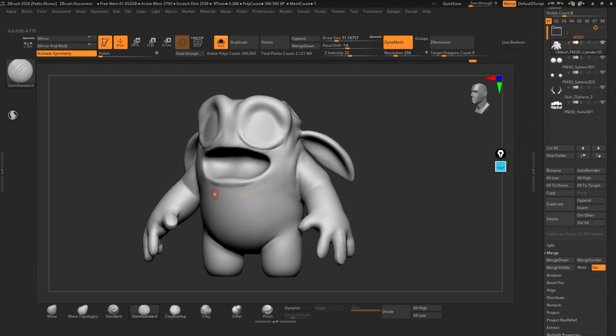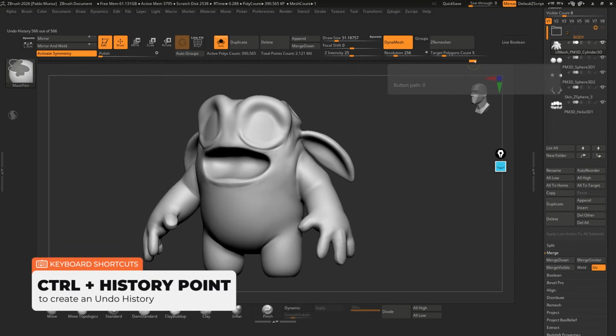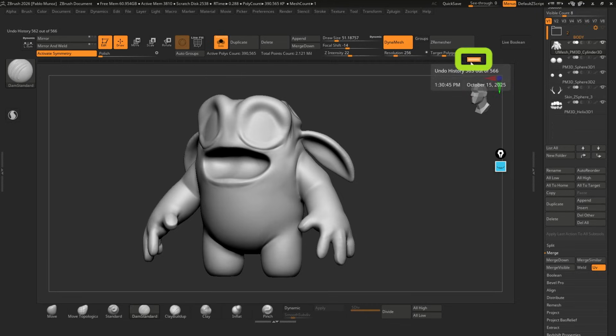But once I create my ZRemesher and have my subdivision levels and a clean base mesh, I want to recover all of this. So what I'm going to do is hold the Ctrl key and I'm going to hover over the absolute last point in the undo history, which is marked with this orange color. I'm going to click on that holding the Ctrl key, and you'll see that now that orange point has a wide, hopefully you can see it, but it's like a wide rectangular piece inside. So this is telling ZBrush that now we have saved this current state of this model. So it doesn't matter what we do now, we can always go back to this